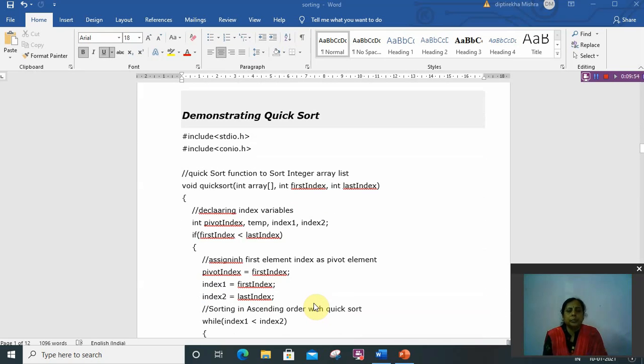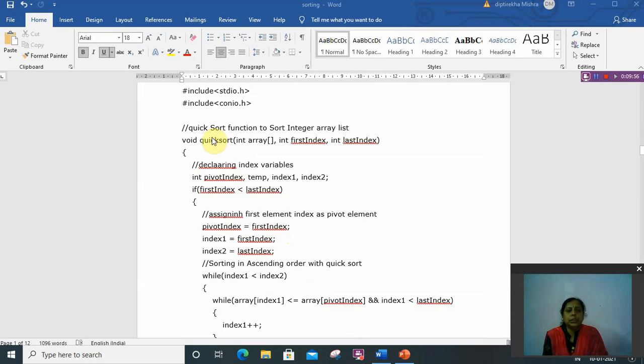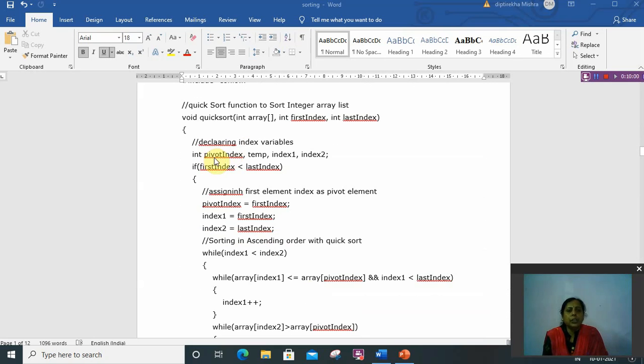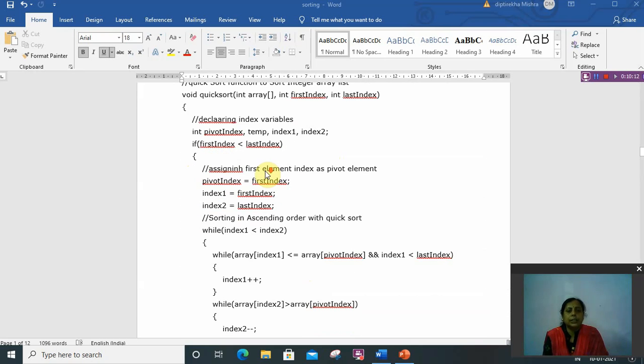So this is the sorting function. Okay, in the sorting function we have pivot, and the variables are temp, index1, index2. If the first index is less than the last index, then the pivot index is the first, meaning the first element is the pivot. Then index1 is the first index, and index2 is the last position.